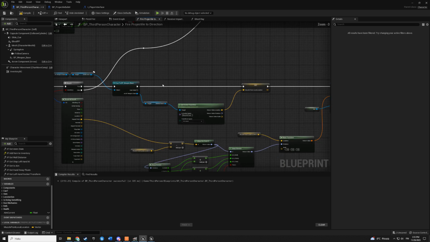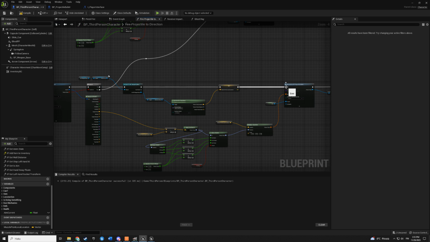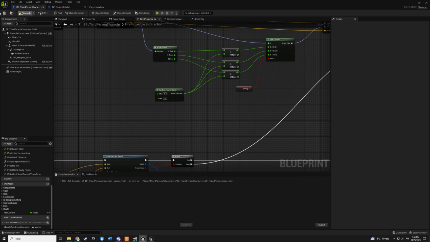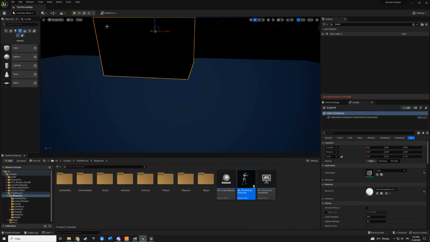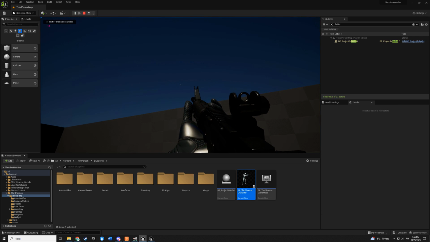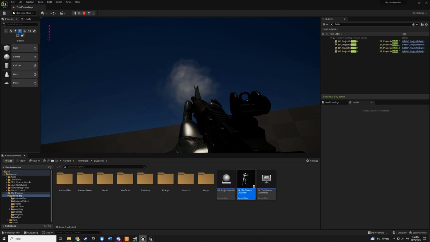Then we don't need those here anymore. So we can connect true part straight to spawn actor and delete these. Yeah, now it should work. Let's try. Yeah. It's actually looking pretty good.